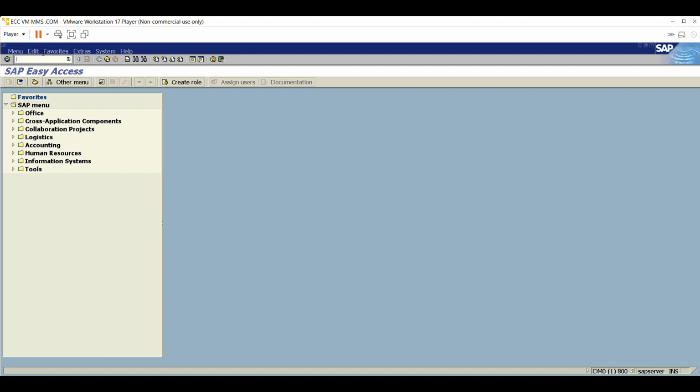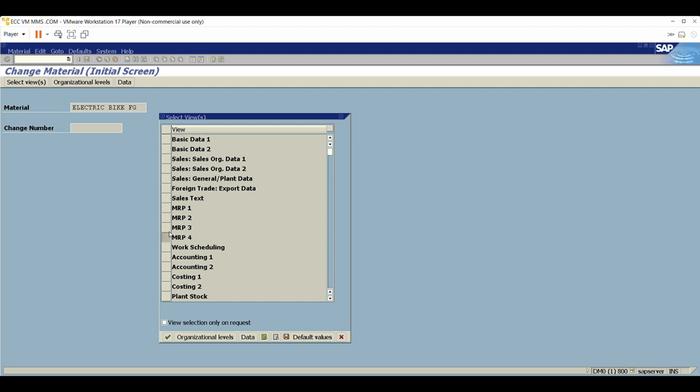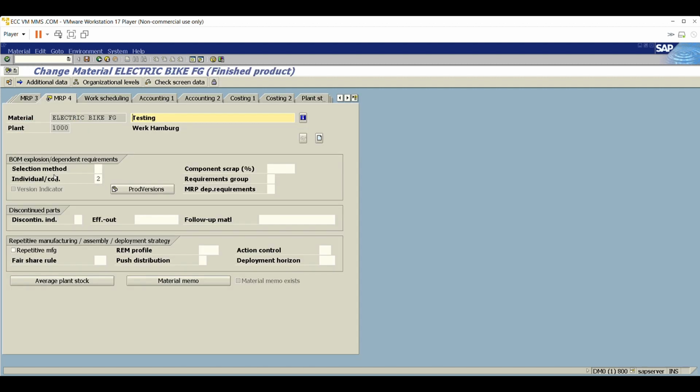In the search option, if we go to MM02 and press enter, suppose I take our component, bike FG, electric bike FG. Enter, then the MRP4 view, continue. I have selected only one view, MRP4, and the plant is 1000. Enter. Here you can see the production version indicator. If you click here,